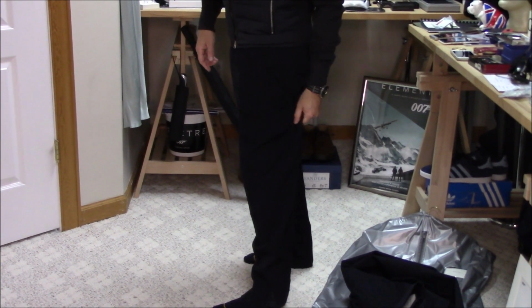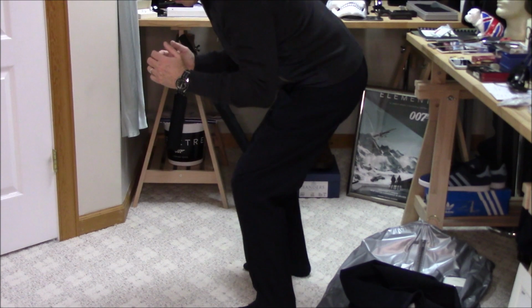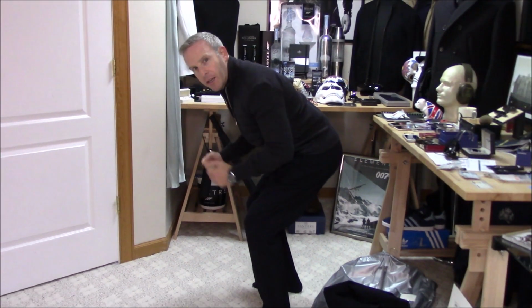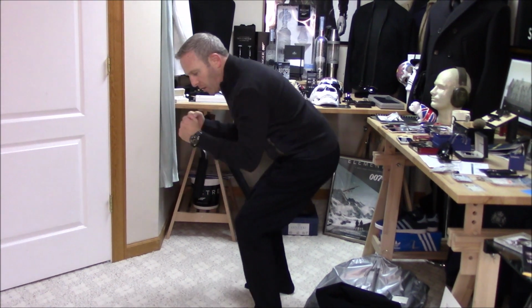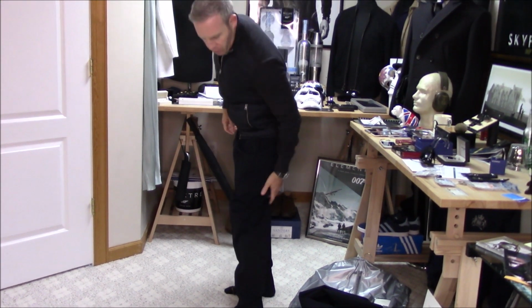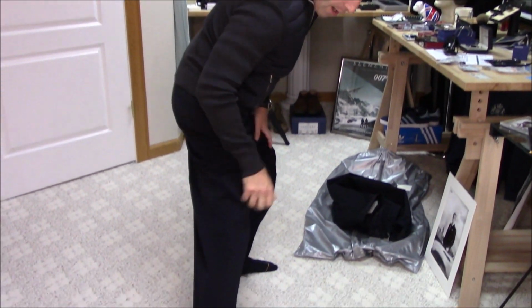These are very baggy, but that's that 1960s ski pants look. I mean, if you think about skiing in here, you're kind of doing this hunch thing, excuse my baboon butt, scrunching down here, or if you're climbing up a mountain, you can do that. What's really interesting is if you focus down here on the floor,